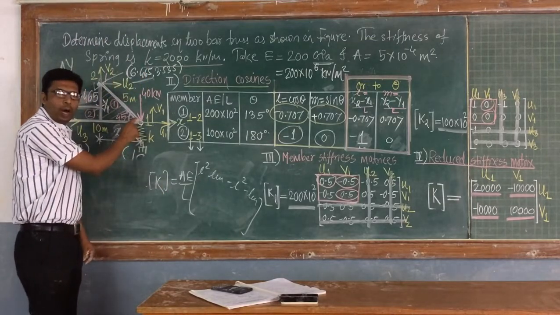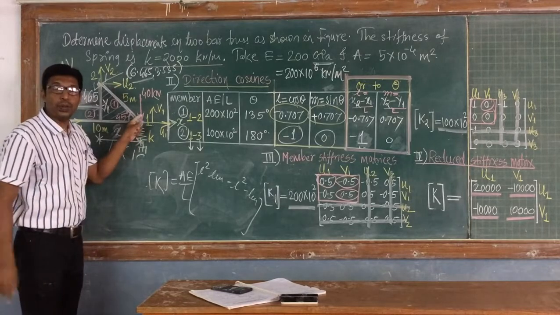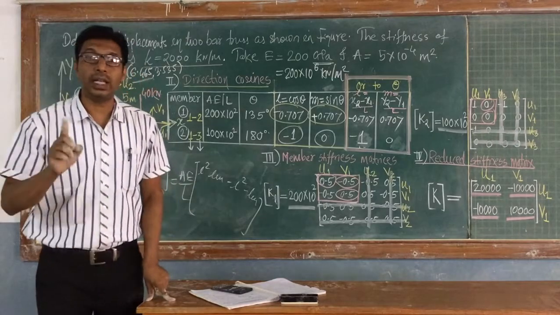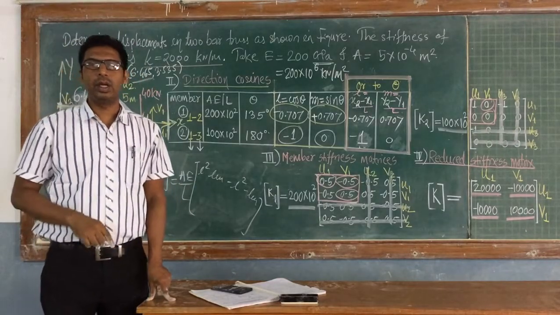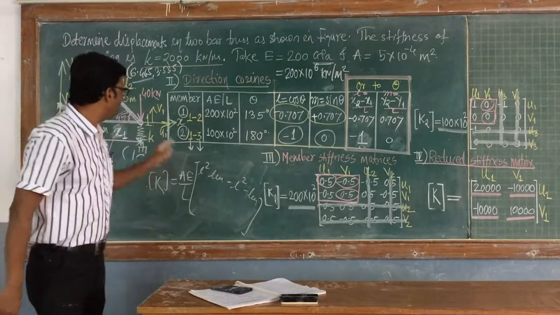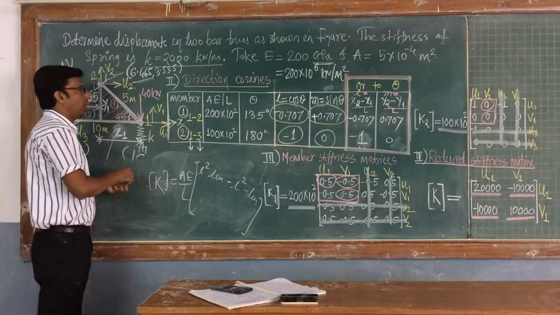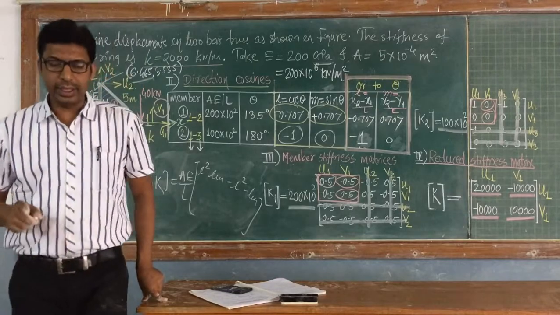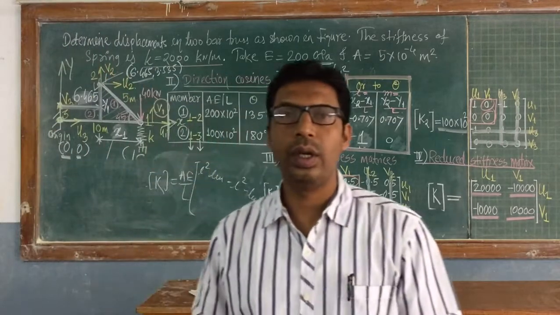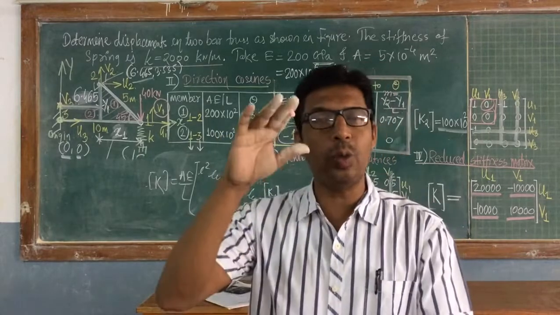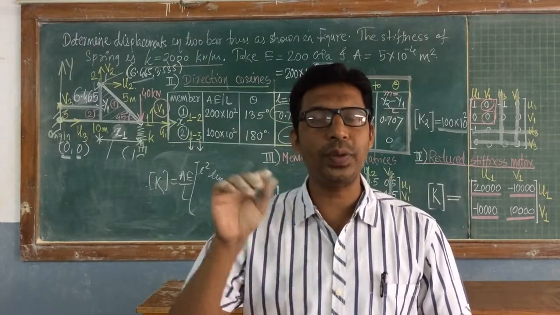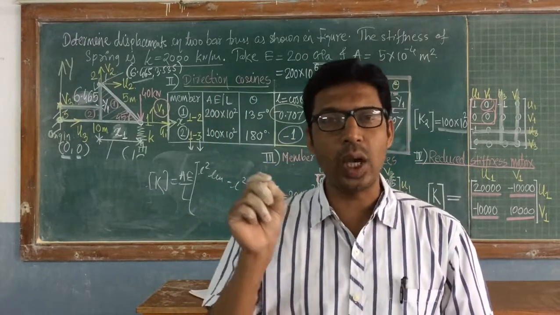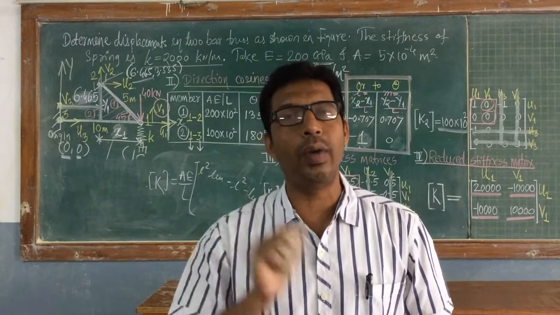So at joint 1, which displacement is corresponding to deformation of the spring? That is, the vertical displacement of joint 1 is corresponding to deformation of the spring. So compression of the spring is equal to V1. V1 is nothing but the displacement corresponding to the spring. So since it is vertical displacement, the spring will vertically compress, and the vertical deformation of the spring is V1. We have to add the stiffness of the spring in the element corresponding to V1.